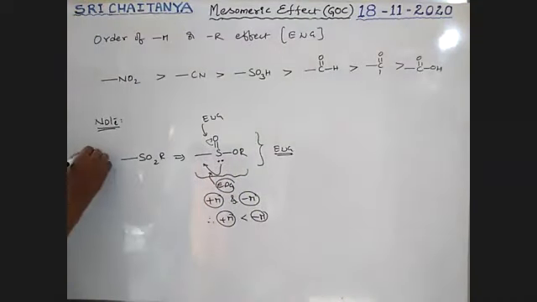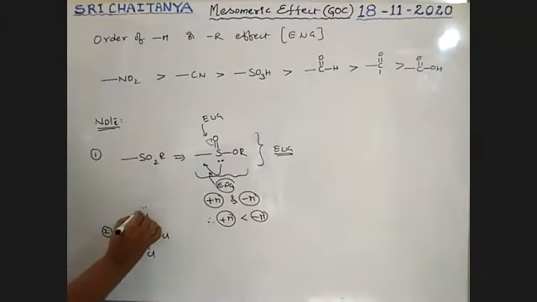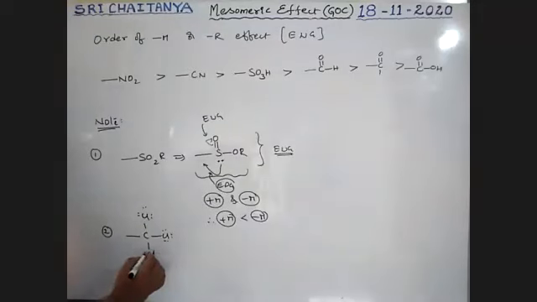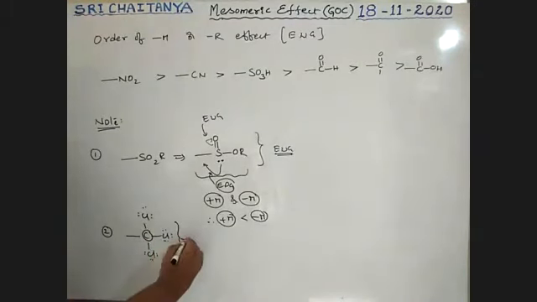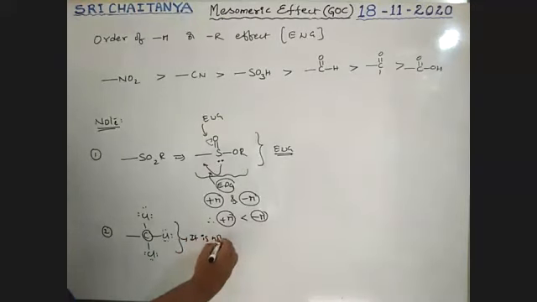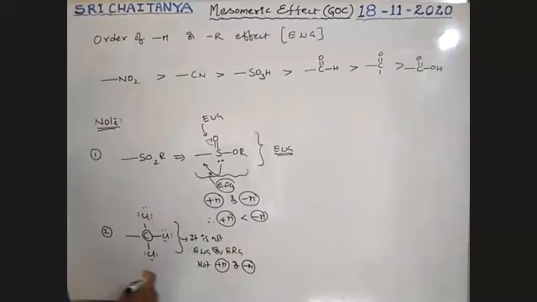Next, note point 1. Note point 2, the CCl3. So, chlorine has lone pairs. But this is the carbon attached to benzene ring. It has no lone pair, boys. Okay, so it is not electron withdrawing group or electron releasing group. That is not plus M or minus M. It does not behave like plus M or minus M. It is also important.